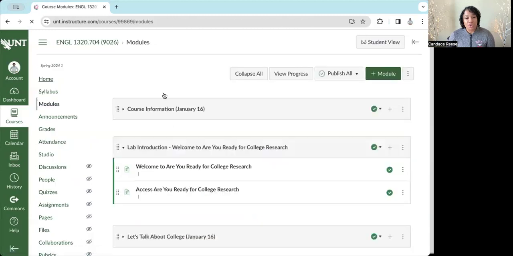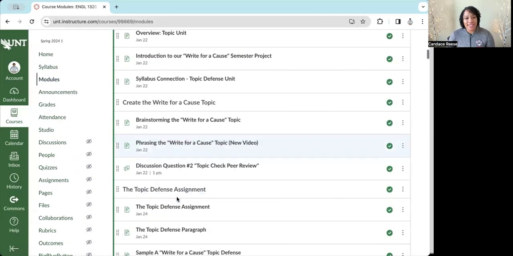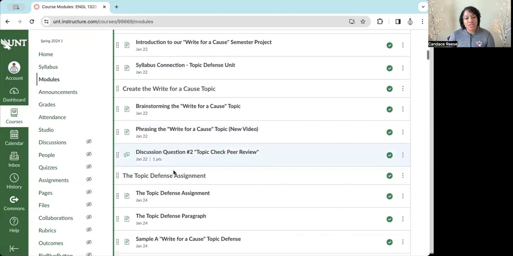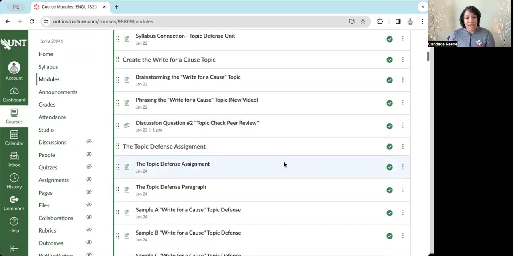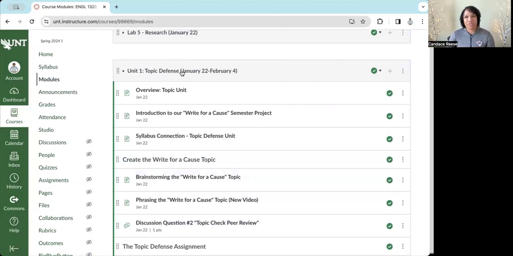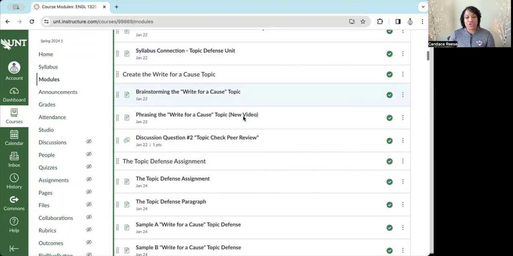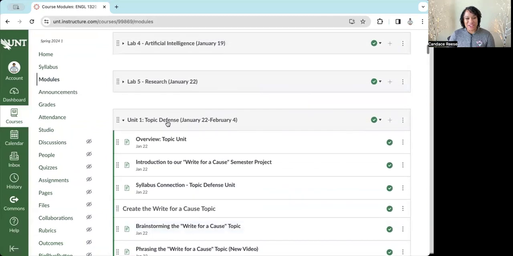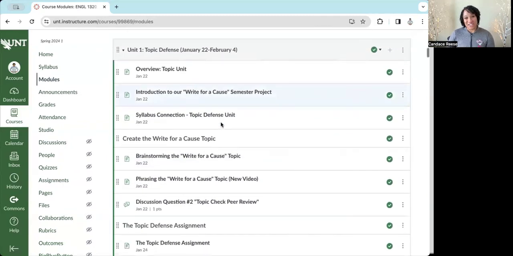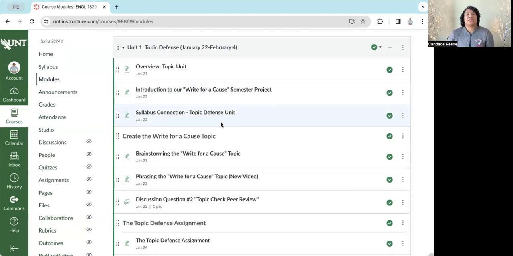So each unit has several pages in it. I want you to think about this as a textbook chapter, right? And each one of these pages leads up to your assignments. And so therefore your assignments will be based on the content that was covered in this section of this chapter. If you look at it like that, then you won't feel like, oh, I just want to skip this. I don't want to read anything today.